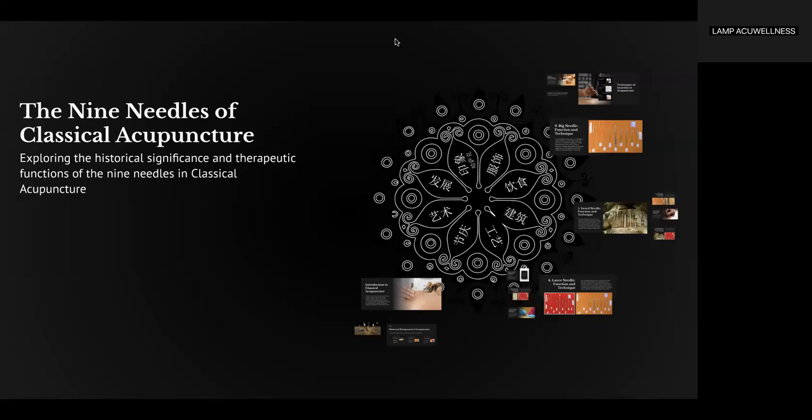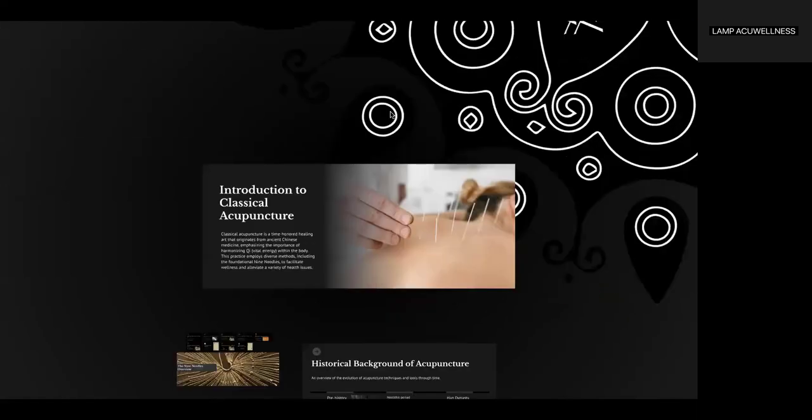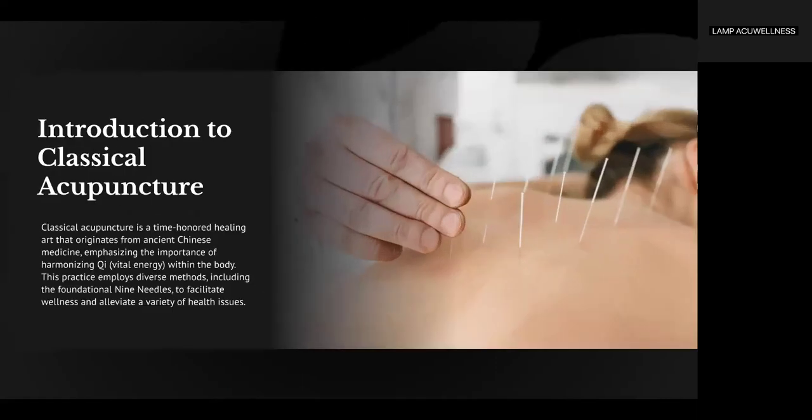The Nine Needles of Classical Acupuncture, exploring the historical significance and therapeutic functions of the nine needles in classical acupuncture. Classical acupuncture is a time-honored healing art that originates from ancient Chinese medicine, emphasizing the importance of harmonizing qi within the body. This practice employs diverse methods, including the foundational nine needles, to facilitate wellness and alleviate a variety of